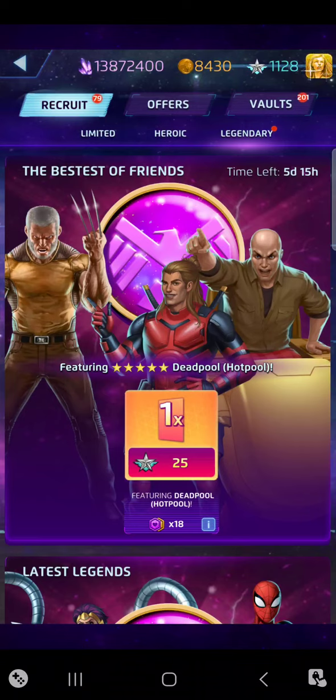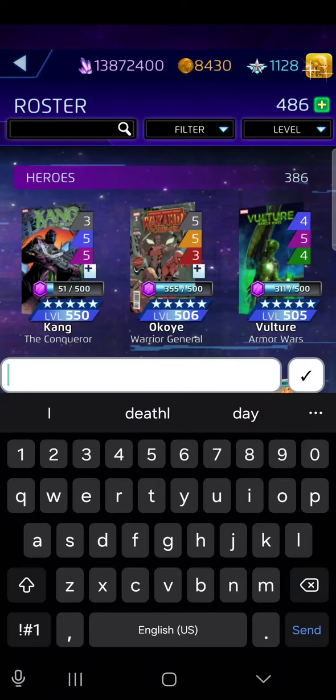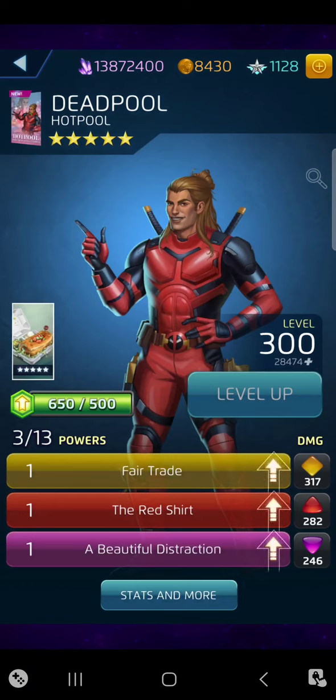This time we're going to be diving into the newly opened Bestest of Friends vault, based off the current Deadpool Wolverine movie. We are going to be hunting for Hot Pool covers, as he's known here. Again, spoilers, I guess, for the movie. He's called Nice Pool in the movie. I wonder if that was a last-minute change and the devs just didn't get updated, or we will see it